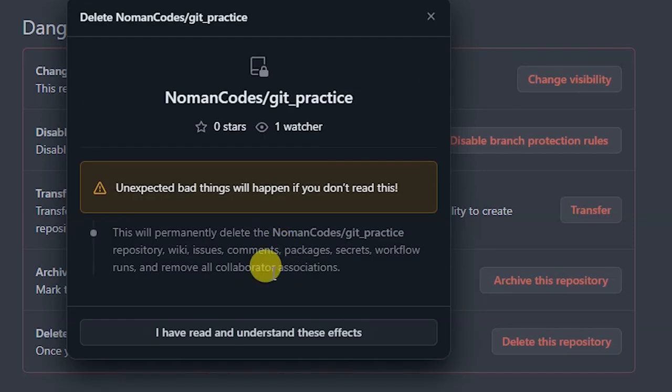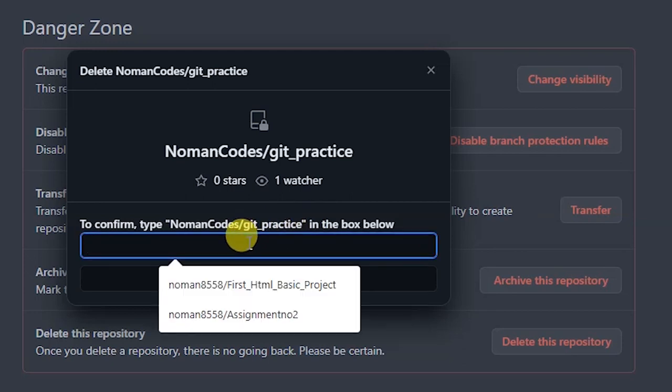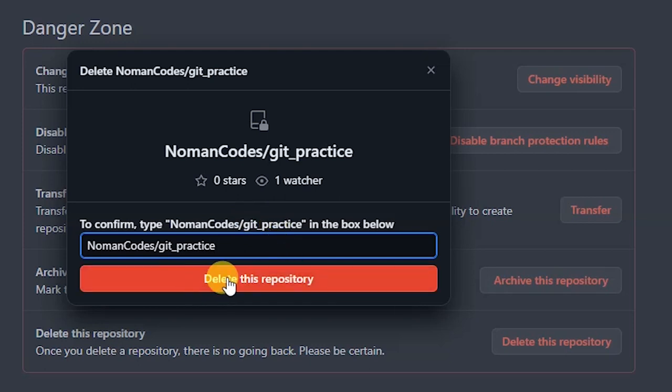And again I want to delete this repository. Click on this option and here you will get this option and you can click on I have read and understand these effects. And in the last option they ask you to type all the text that is in the semicolons. Okay, you can type all the text. Here I have typed all the text that is in the semicolons. So here you will get the option delete this repository. So click on this